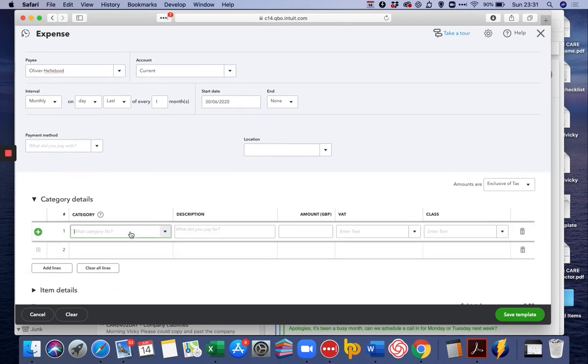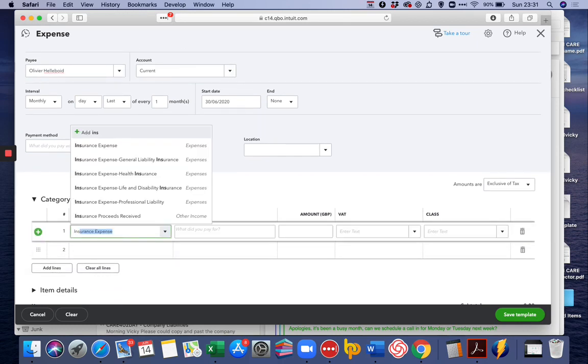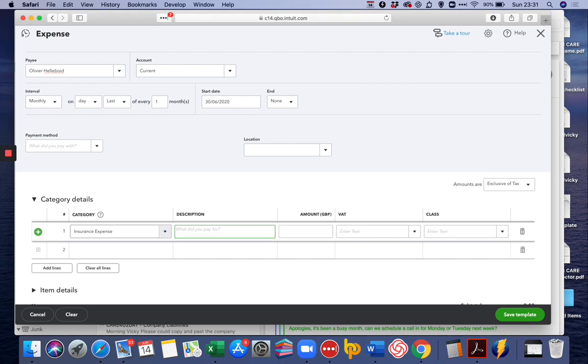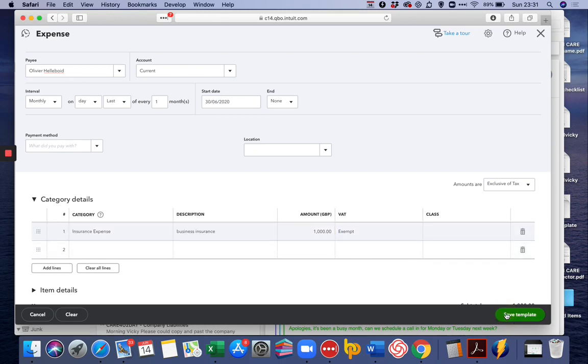So I'm going to say that it's category of insurance, and I'm going to say it's business insurance, £1,000, and I'm just going to put that in there because insurance is exempt for VAT, but you may not need to worry about that. And again, you literally just click Save Template,